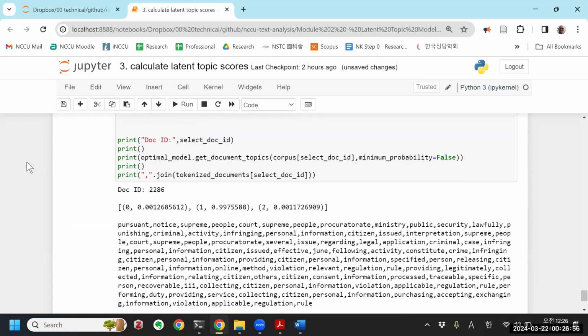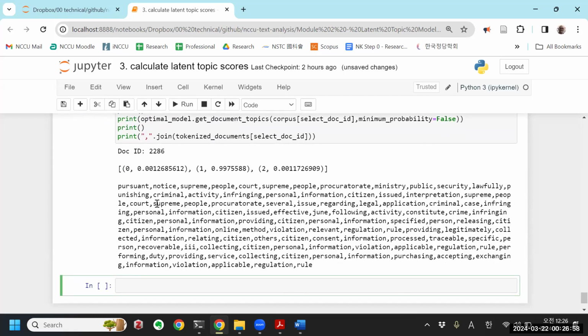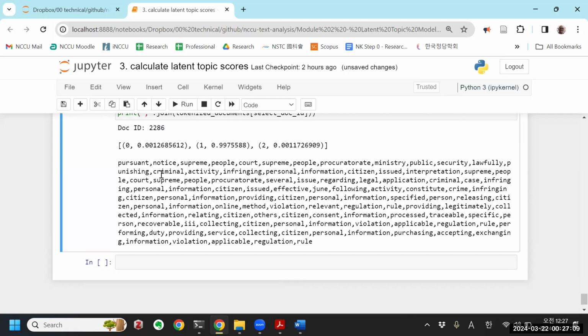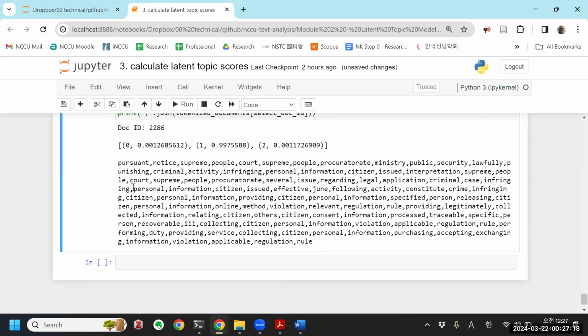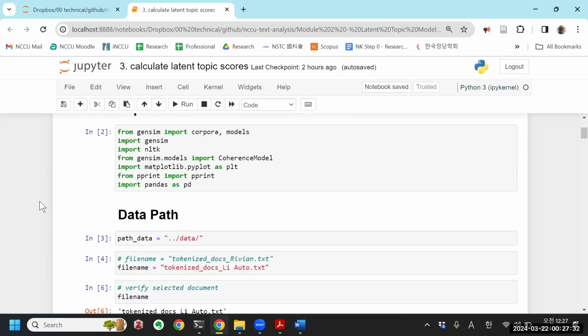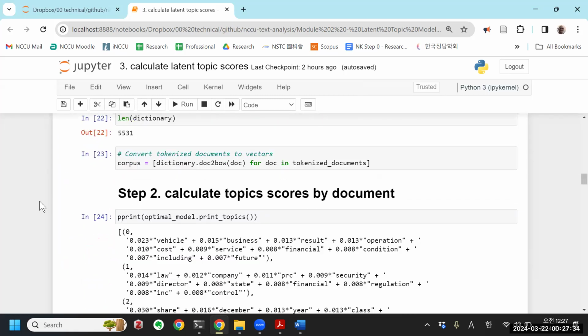and run that. And you can see the score here, again, 0.997. The score is almost 0 for this topic and almost 0 for this topic. These are some of the keywords, I mean, these are the tokens in that document. If you want to see the actual raw text, let's see, can we do that easily? I think it would be hard because